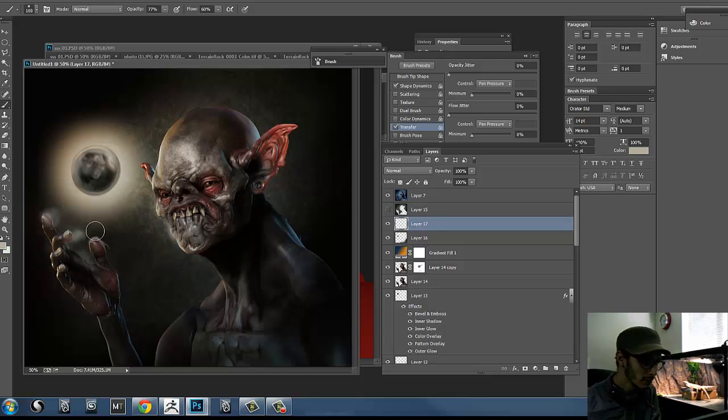Now I'm just playing around, maybe. Because obviously, he's controlling this little orb guy here. But how can we imply that somehow,